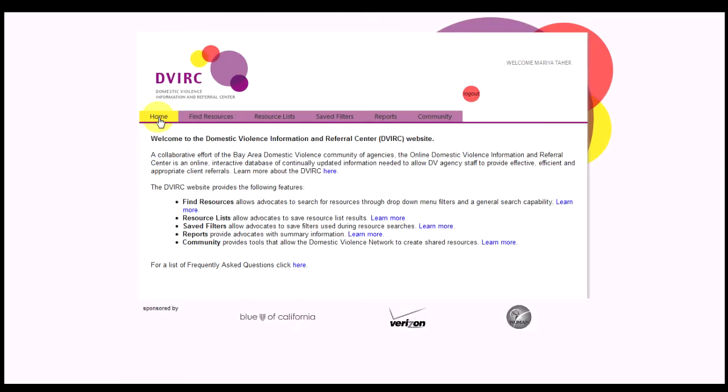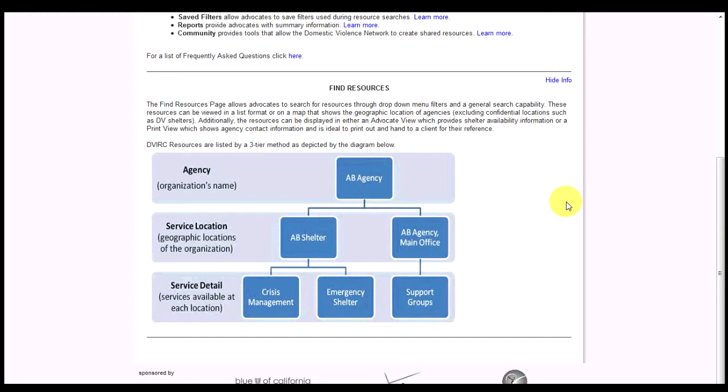To find the 3-tier model, please click on the Learn More button next to the Find Resources. As you can see in this model, the tiers become more specific in nature as to the detail contained within each tier. The first tier, agency, is the most broad. The information pertaining to this tier involves the overall agency's name. The second tier, service location,